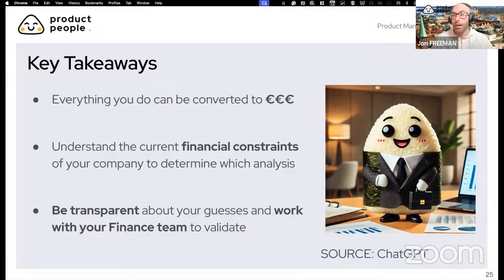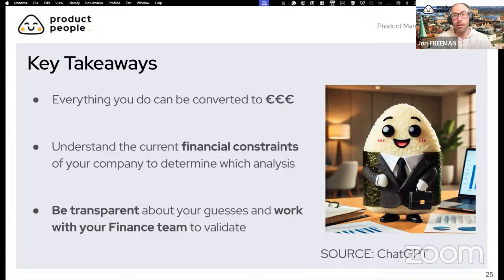Again, if you've got a short runway, an NPV analysis probably doesn't make sense. But if you just got seed funding, maybe it makes a lot of sense. Maybe you just passed a Series A. Maybe you've got a 5-year runway. Maybe you can do a truncated version of an NPV and use that as a means of justifying something as a bigger bet. And last but not least, be transparent about your guesses and work with your finance team to